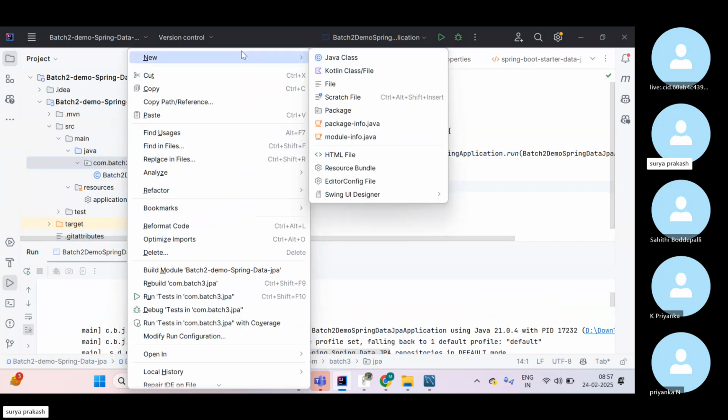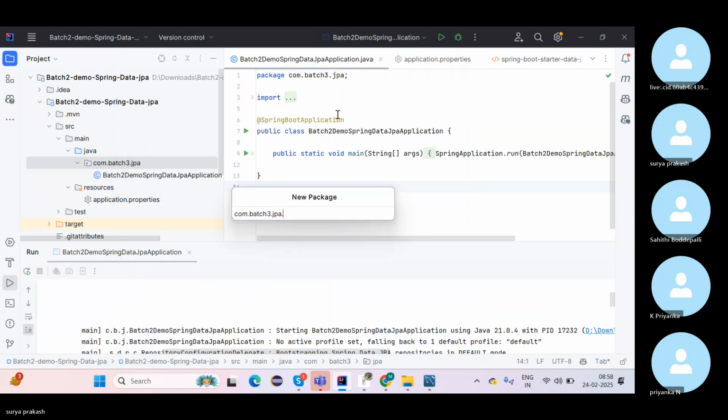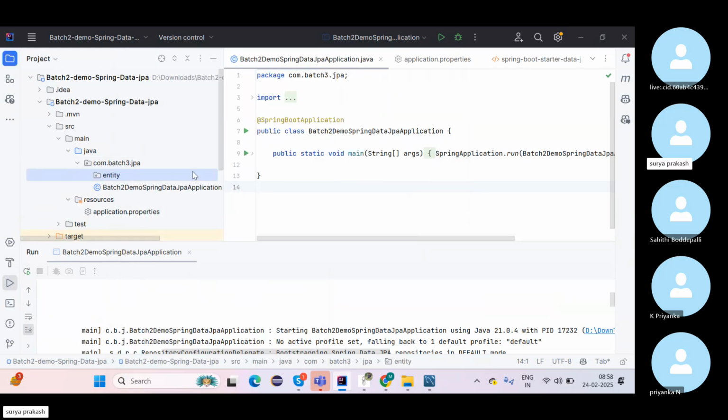create one entity class. Dot entity, this is the package. In this package we need to declare all those fields, not only entity. Sometimes in some real-time projects, they are